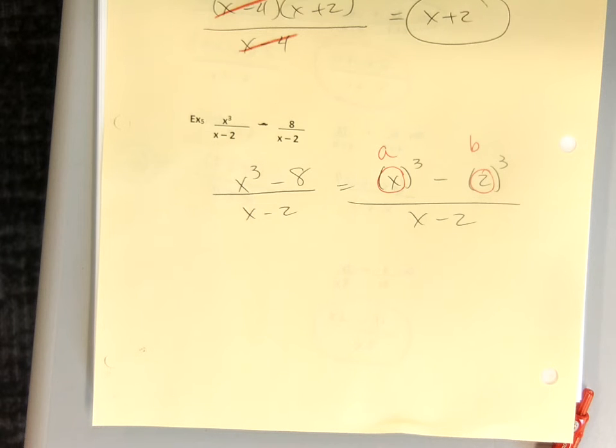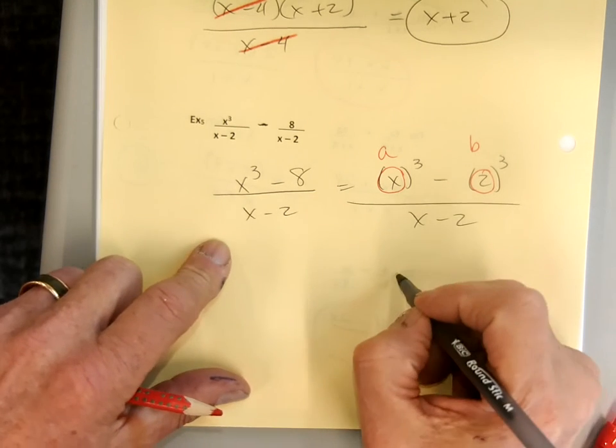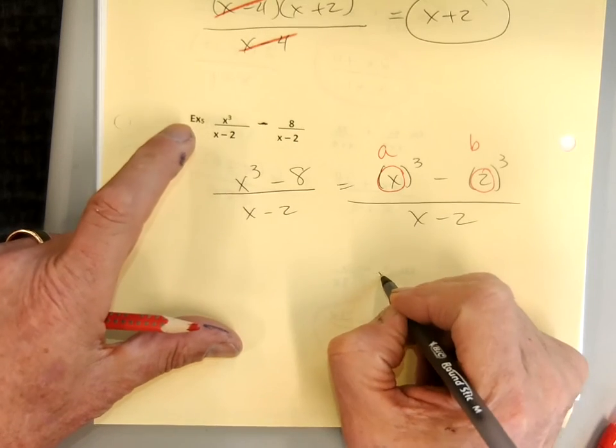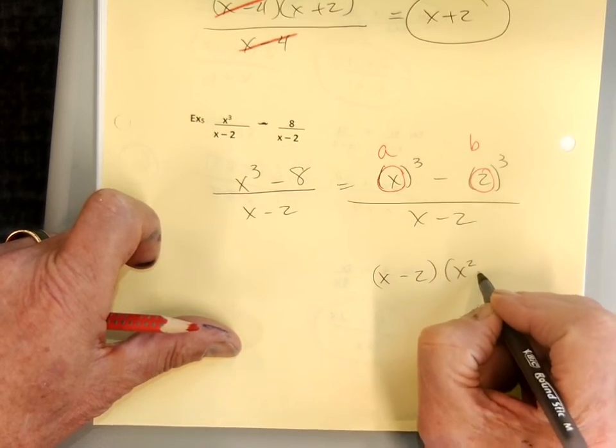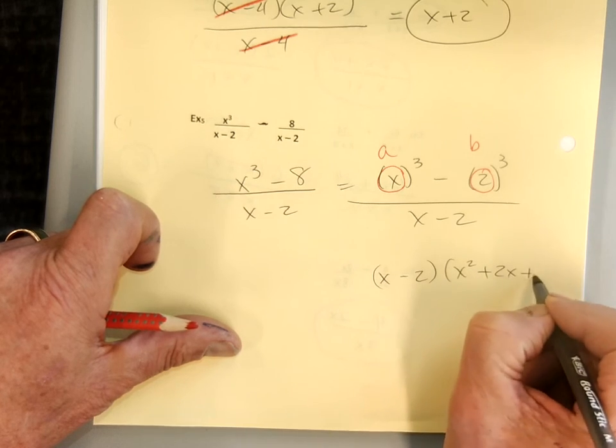There's my A cubed and my B cubed. So I put my x's in for my a's, and I put my 2's in for my b's. You guys see what I'm doing? Now we're going to rewrite this as x minus 2 times x squared plus 2x plus 4